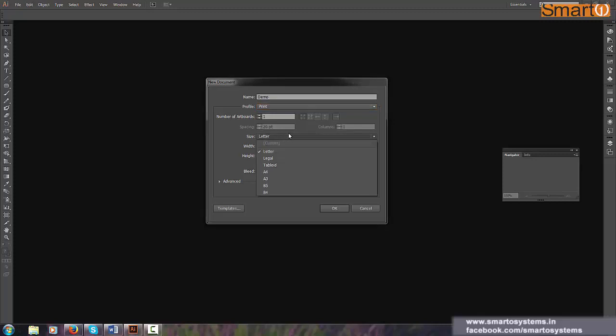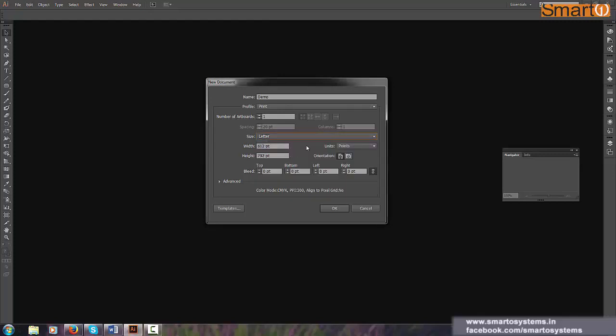And here it's asking about the size. Right now it's Letter. I can go for Legal, Tabloid, A4, A3, B5, B4. Generally I go with Letter because I don't have any specific requirements right now. Then it's showing this width and height, the default for Letter.